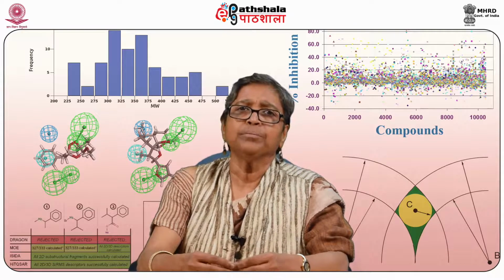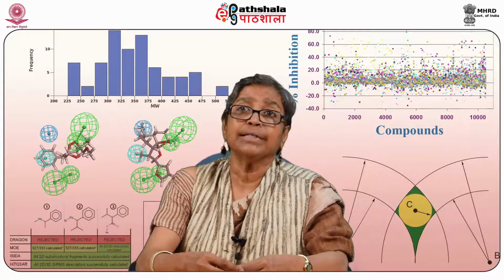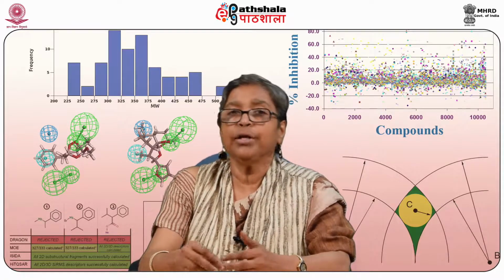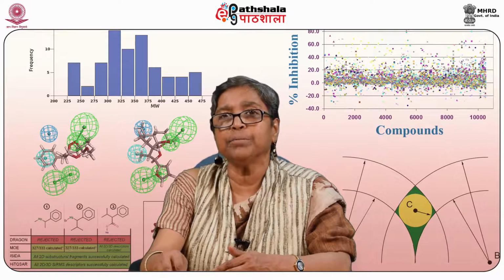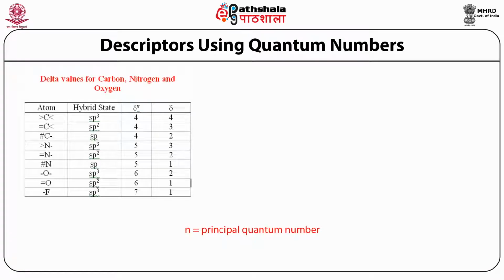These four quantum numbers have not been much used in drug designing. However, they are very relevant to the usage of reaction mechanisms and other relevant issues. The example of the four quantum numbers, at least one of them, is shown in delta values here. And you can see the values of delta V and delta separate for every bonded atom type, whether it is sp2 or sp3. They differ in some values, not necessarily all.